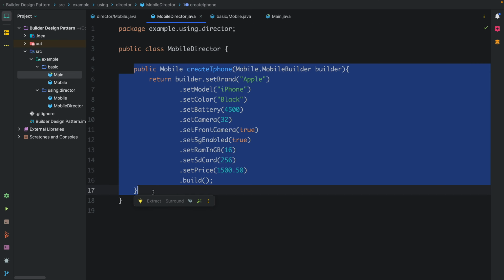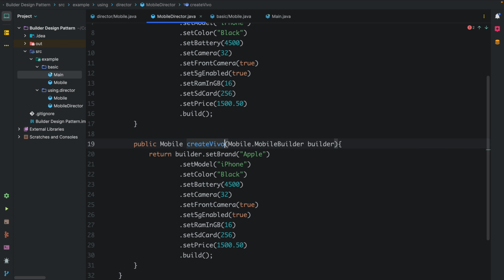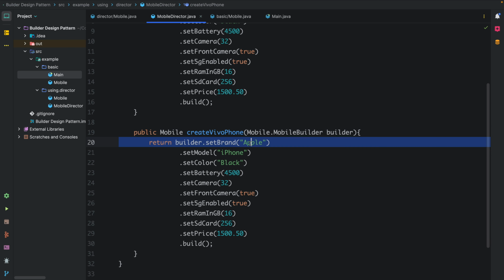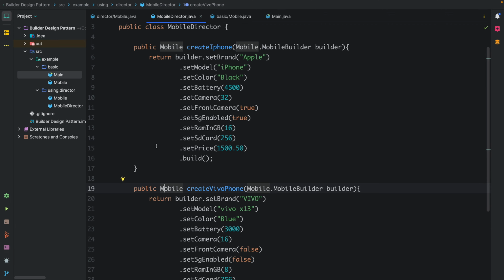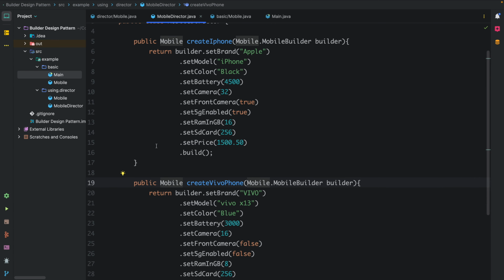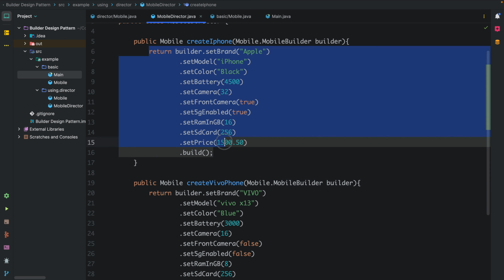So similarly I have another method here just to create Vivo phone, and we will be setting the different properties, and RAM is 8 GB. So in this mobile director, we have created two configurations. One is to create iPhone and one is to create Vivo phone. Ultimately we are using the builder design pattern here, but we just separated the instance creation code out of our